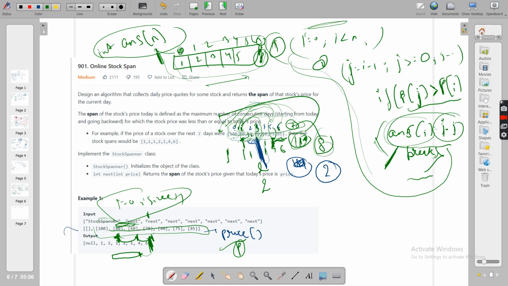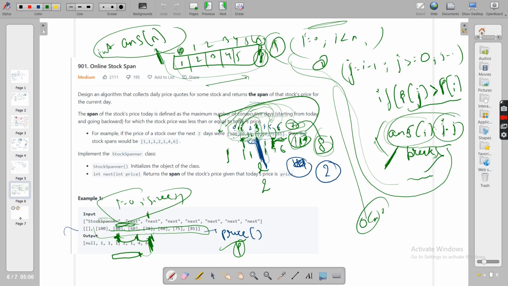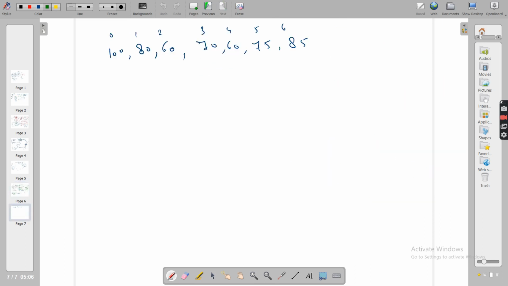What you are seeing here is, first of all, an order of n square traversal, and then a dynamic array traversal. Now let's try to solve this test case in a better way, because here we are doing an order of n square solution in brute force, and we are doing unnecessary comparisons. What I mean by unnecessary comparisons, let's see.